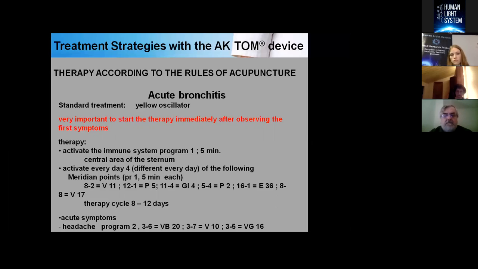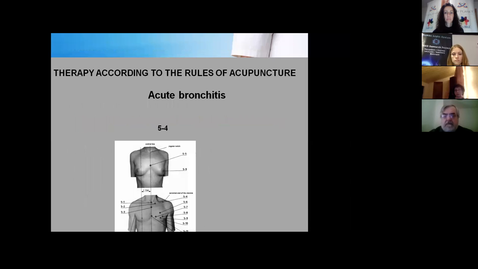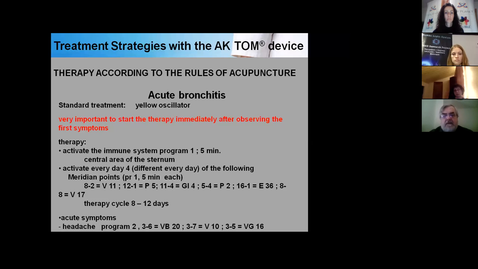The headache program 2 with 3-6, 3-7, 3-5, you can run parallel, because program 2 is not added to these 30 minutes. The points in the pictures of 8, 12, 11, and 16, you can find above. And I'll show you now the points in the